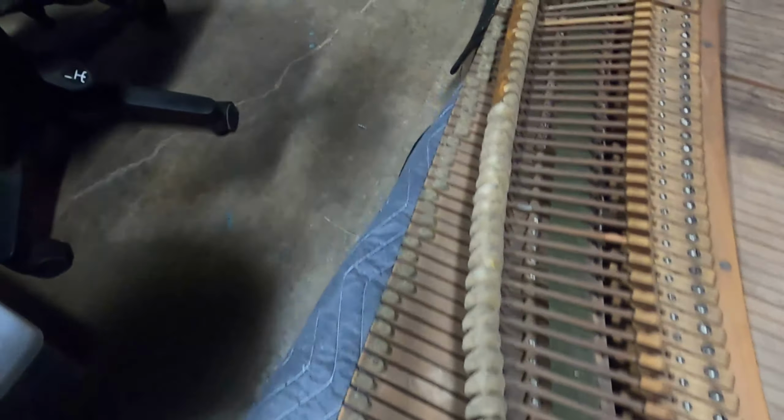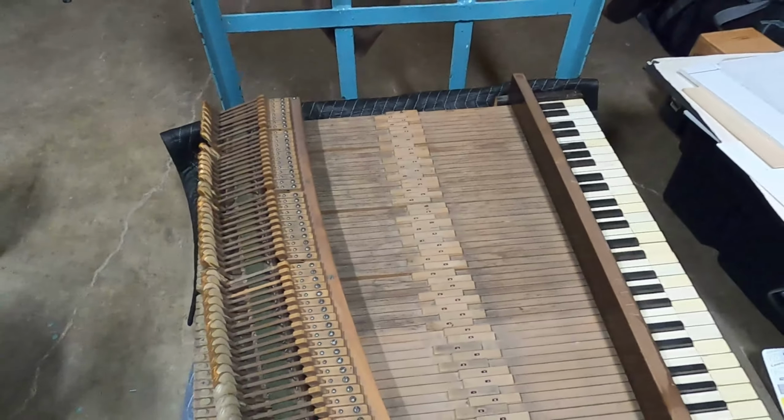Let's see, there's a gap here, but we're missing, yeah, here's the hammers that we're missing. We got the very highest note up here, and then just a couple, and it's not going to be that big of a deal. I mean, of course you always say that, oh, it's not going to be that big of a deal, and I'm sure that I'm going to be challenged more than I even know on this project. But I'm at least going to be able to play this piano soon, you know,